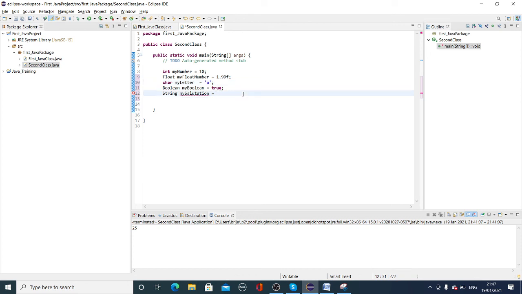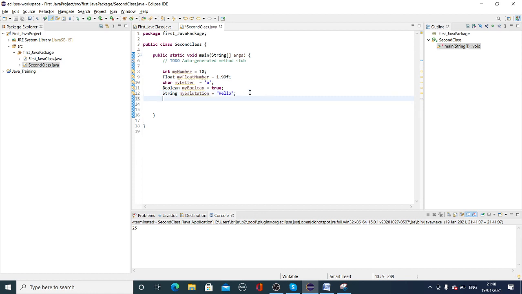Why are there errors there, can you tell me? Even though everything was correct. Now you can see I am having exactly the same error as yours. The value of the local variable my number is not used because I have not used it.